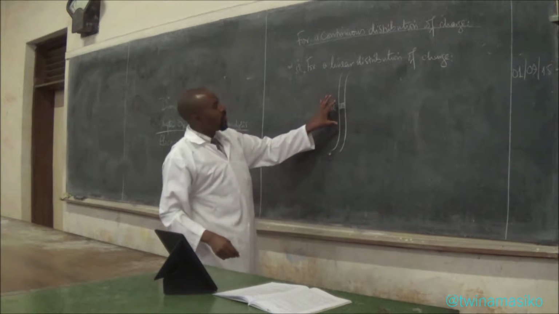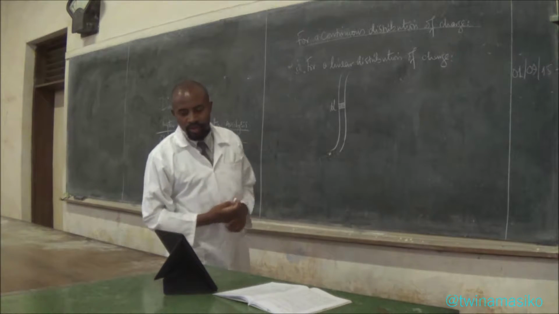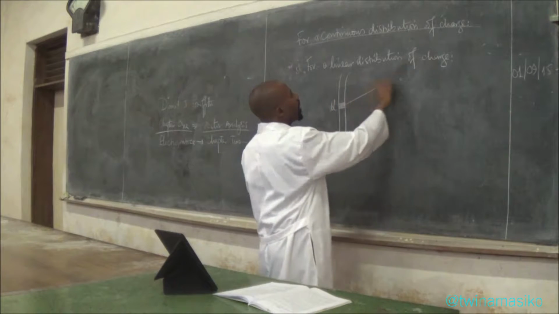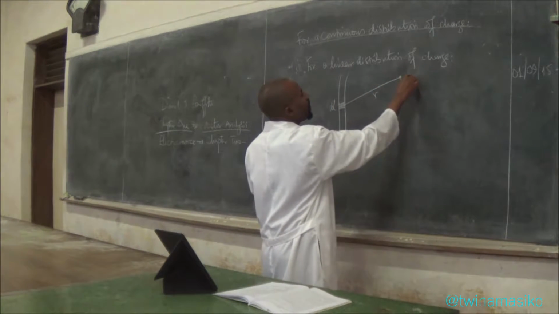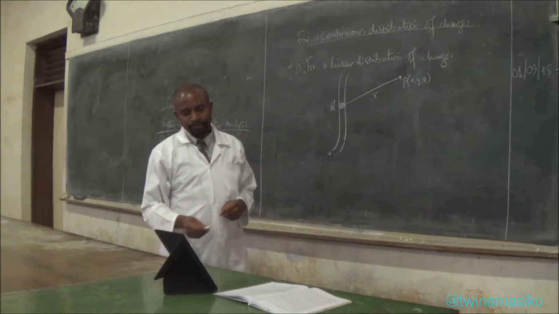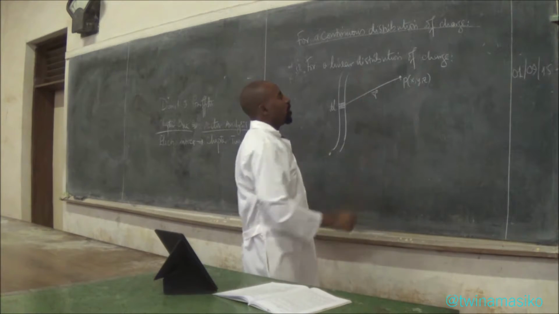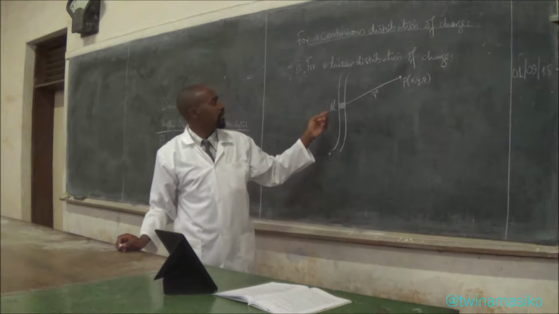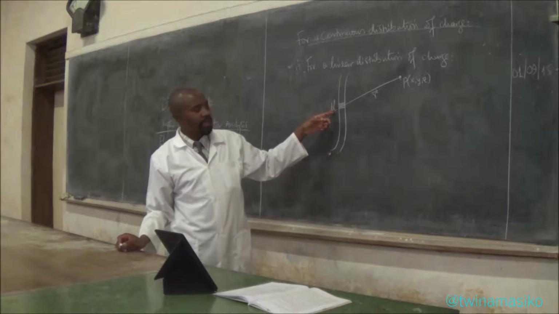If we can work out this element, then we shall be able to find out. So if we have a point P somewhere in space, at distance r, that is x, y, z, at a position with position vector r with respect to the element, then